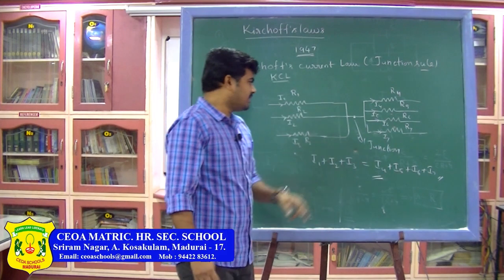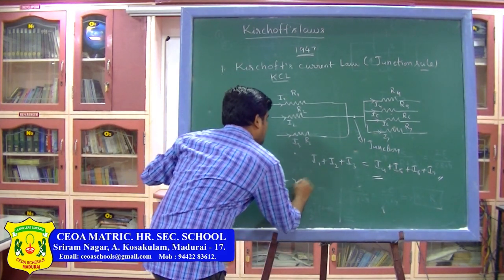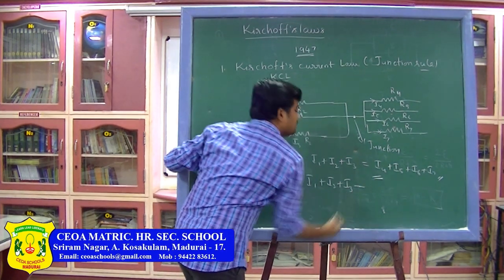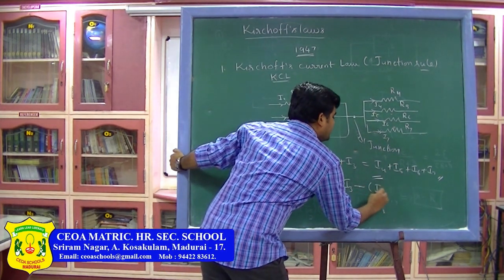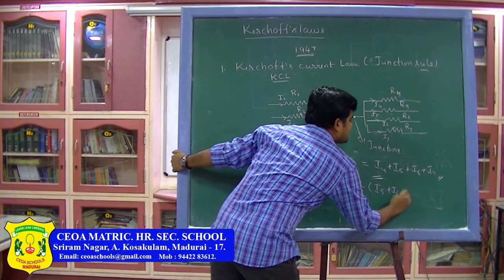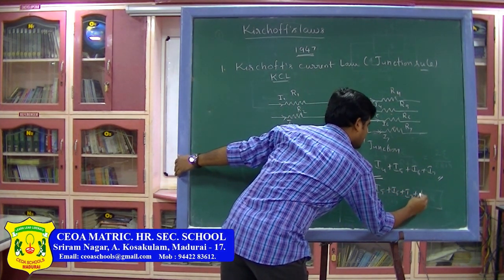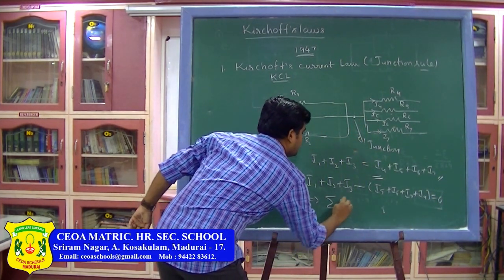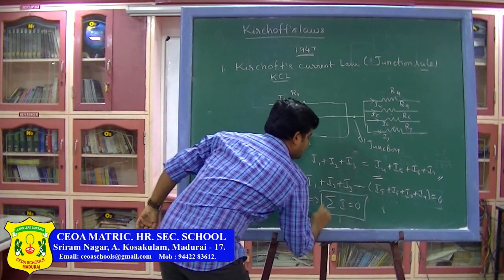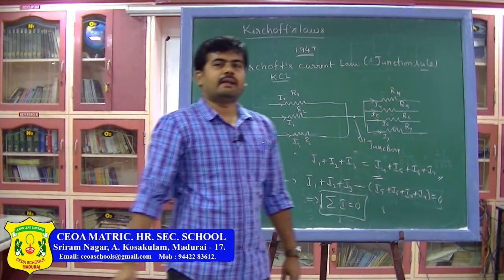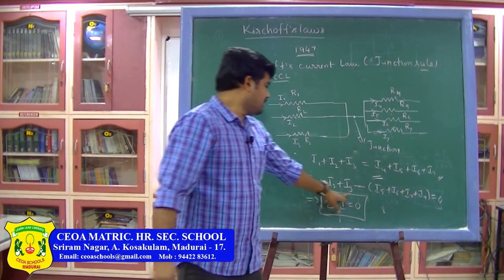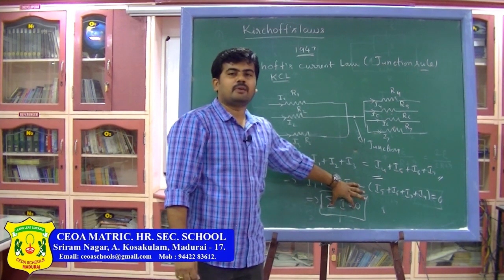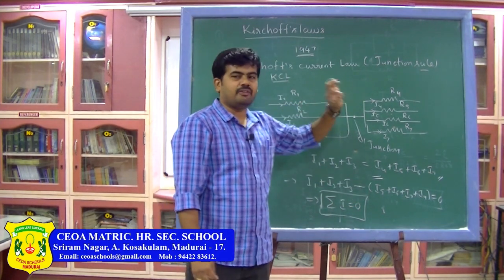So, you can also write this equation in another form, that is I1 plus I2 plus I3, taking all those terms to this side, you will get minus of I5 plus I6, I7 and I4. This must be equal to 0. You can say simply the algebraic sum of all the currents at a junction is always equal to 0 in an electrical circuit. So, this is another way of defining Kirchhoff's junction rule, that is algebraic sum of electrical currents at any junction is always equal to 0.